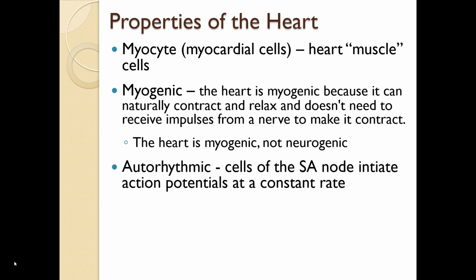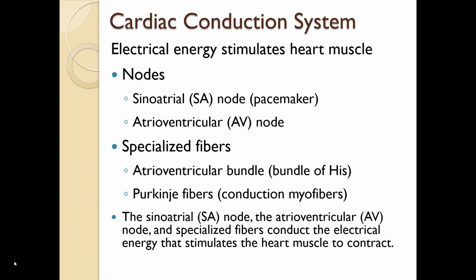So the cardiac conduction system is the part of the heart that is not the muscles, but it's the part of the heart that stimulates the muscle cells externally. Okay, so these parts of the heart are called the nodes, and they generate signals, and I kind of think of them as, they behave as neurons, but they are not part of the nervous system. They're part of the heart, but they send signals as neurons would. So the nodes are the SA node, the sinoatrial node, which is known as the pacemaker. And then there's an AV node.